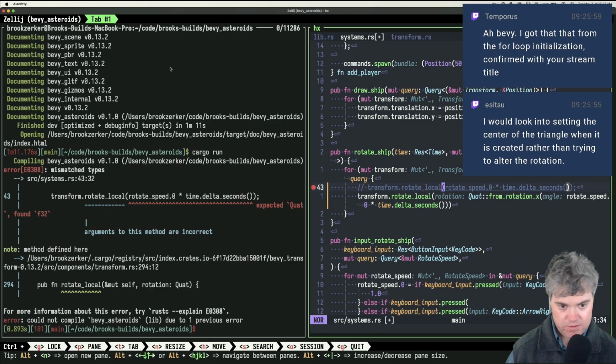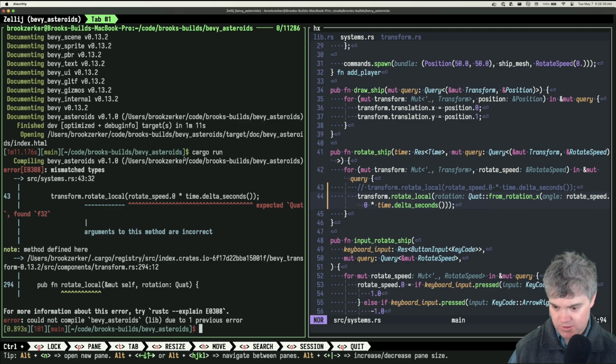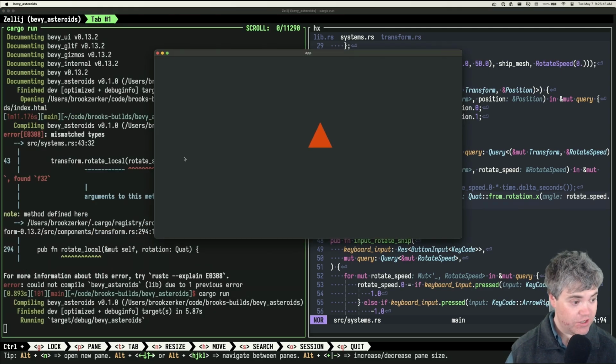Throw you in there. And let's see what this gives us. Where's my mouse? There you are. Okay, so here's our lovely ship. Okay, so now I can... Okay, so that's the X rotate. That, to me, feels more like a Y rotate.